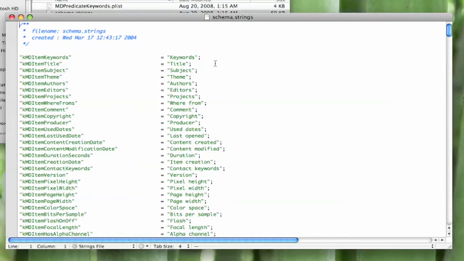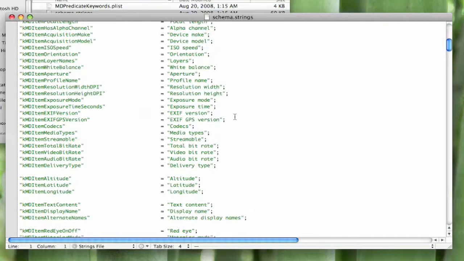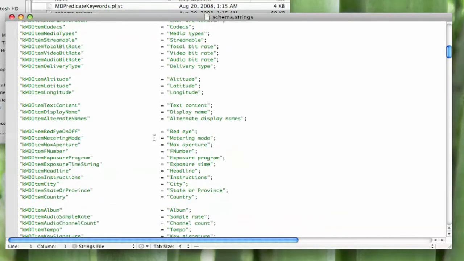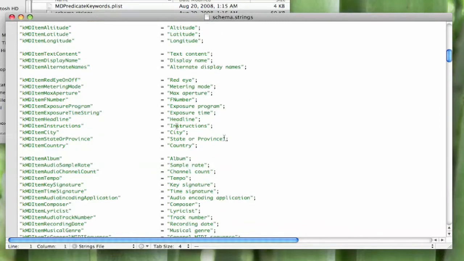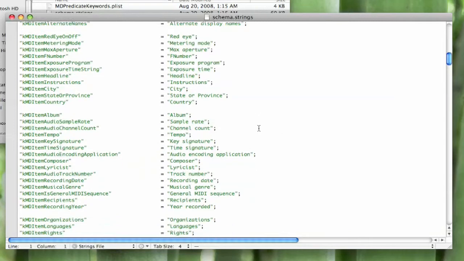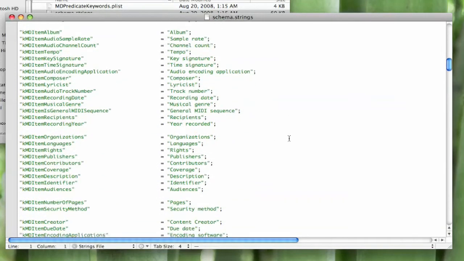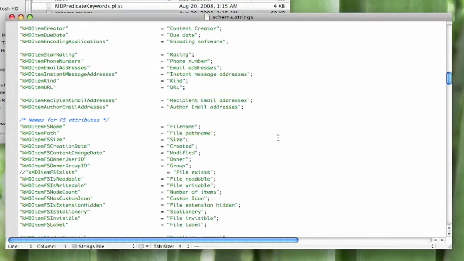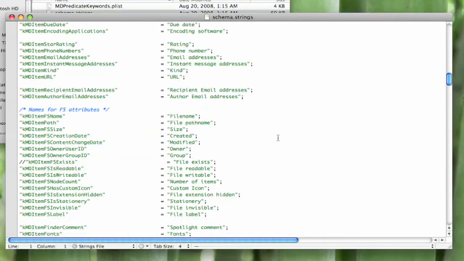keywords here. So you can search by title, subject, theme, author, editor, projects, where from, comments, copyrights, producers, and the list goes on and on and on. Latitude, longitude, altitude, display name, red eye, metering mode. You can see a lot of these are camera related, some music related, tempo, key signature, time signature, lyricist, organizations, pages. So really you can make some really crazy features if you wanted to find all of your pictures with